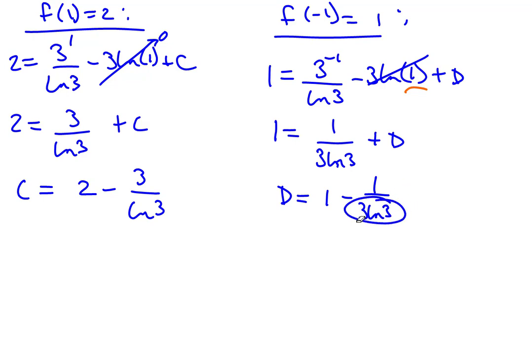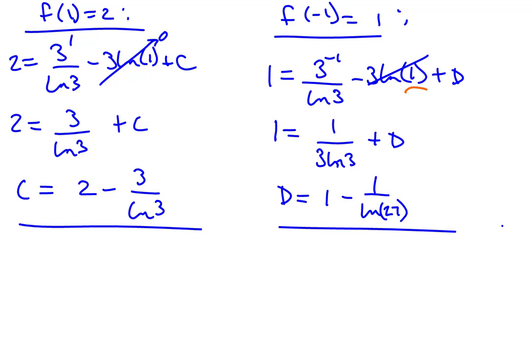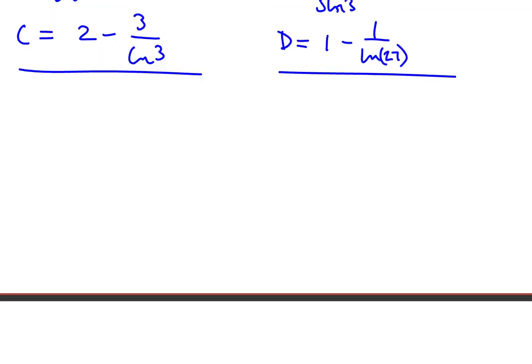or you could pull a natural log trick on that. Instead of 3 ln 3, you could call it the natural log of 27, right? Because you could take that 3 in front and make it the power of the 3, so 3 to the third is 27. So either way is fine, but that gives us now the two constants needed for this antiderivative,